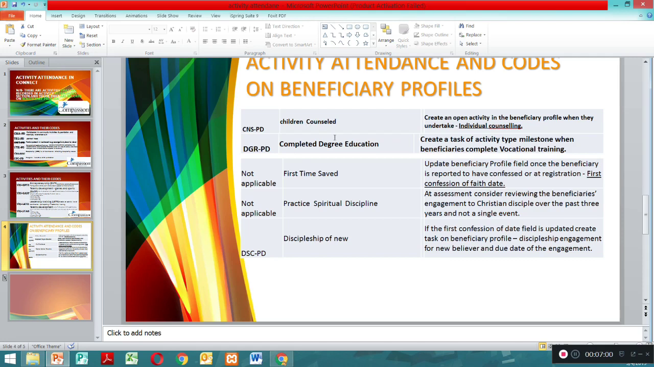So as we finish up, we have CNS-PD, and CNS-PD is for an activity that is created when you counsel a child. Let's say this child has been going through a certain situation, or maybe you've counseled a child because of a reason A, B, C, D, and then you come and use this code to create an activity that is